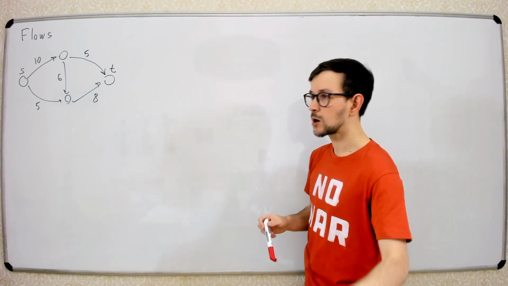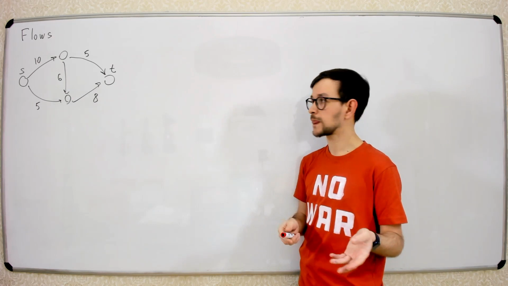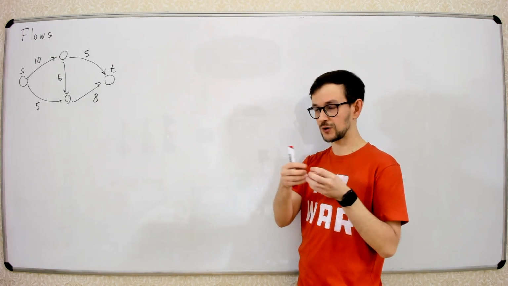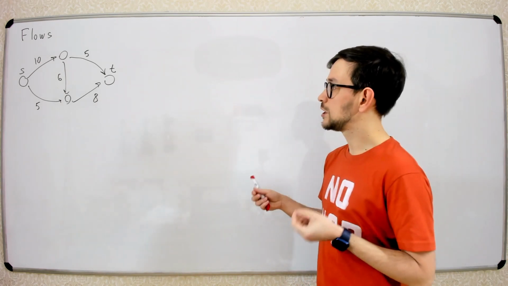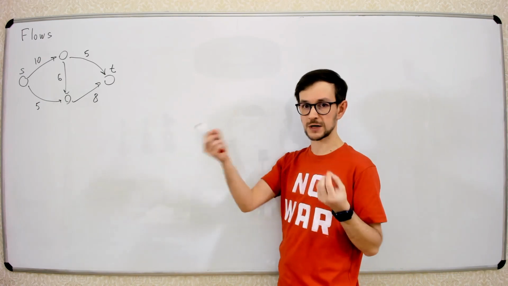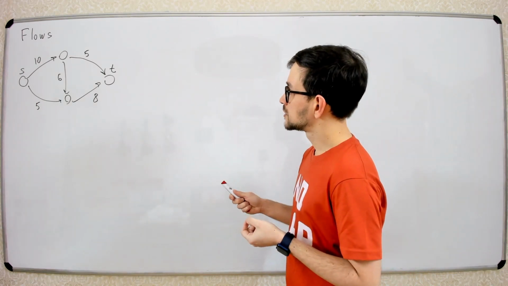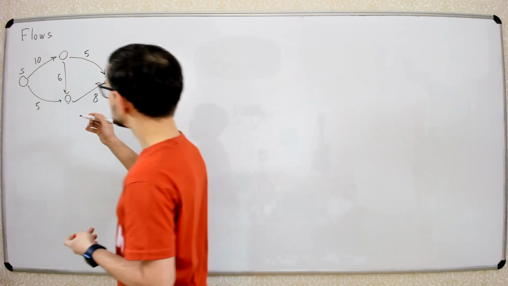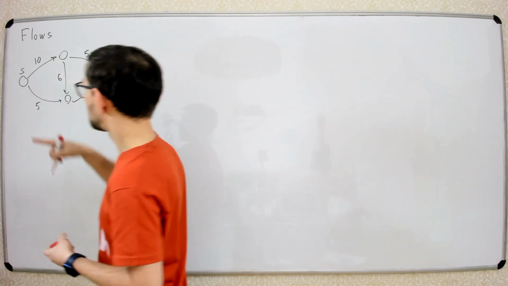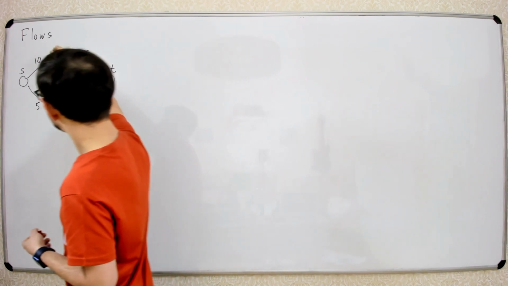How can we describe the flow of the liquid? We will just say for each edge how much liquid is flowing through this edge. So for each edge we will fix some number. This number is the amount of liquid flowing through this edge. For example, let's say we have something. Here's the maximum number, it's 10. So let's say we have,